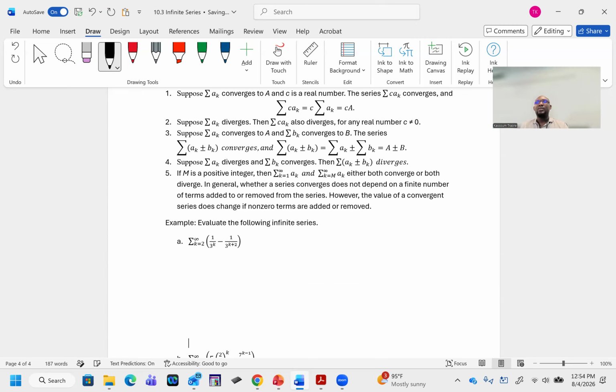Okay. We have the sum from k equal to 2 to infinity of 1 divided by 3 to the power of k minus 1 divided by 3 to the power of k plus 2. So as you can see,